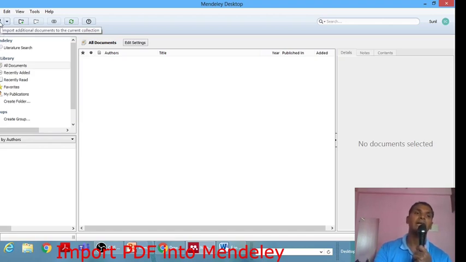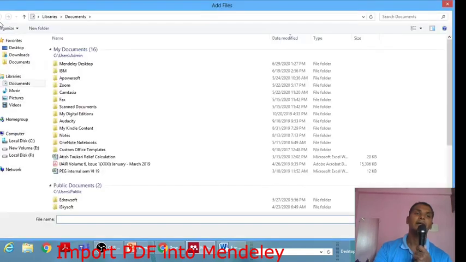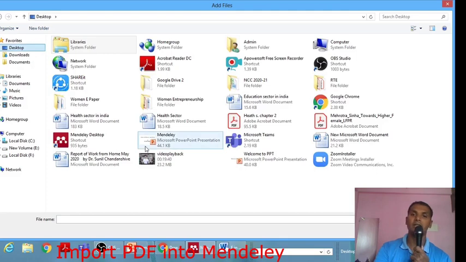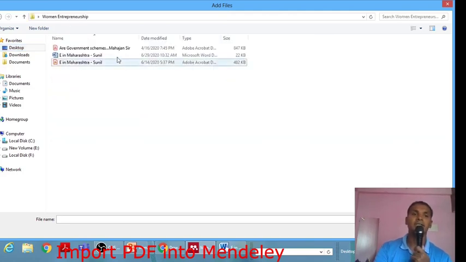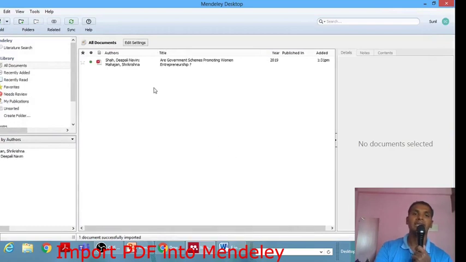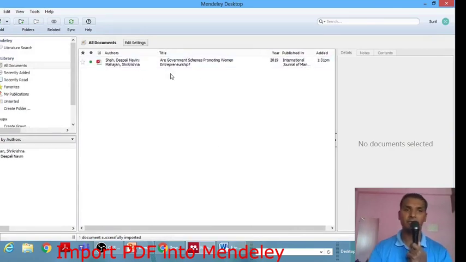When you click on that, it will ask you which PDF journal or article you want to import. I have already saved my article in a folder, so I'm going to import this. I have selected this article and just click on Open. Now you can see this article has been successfully imported into Mendeley Desktop software.